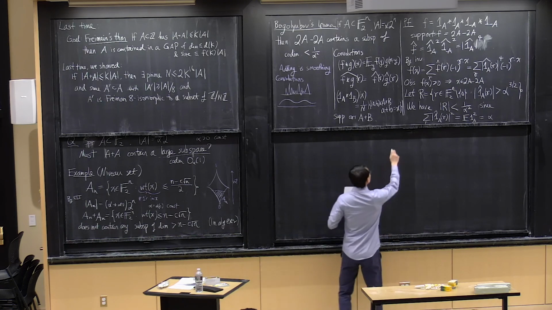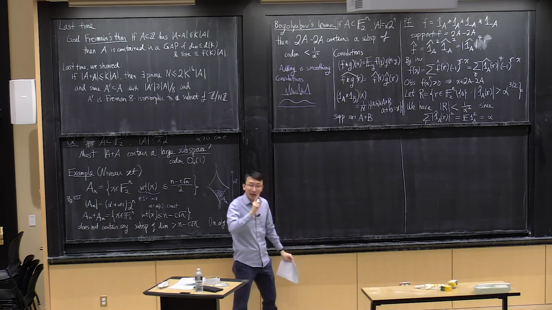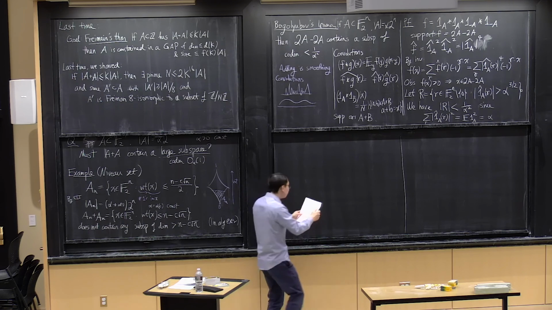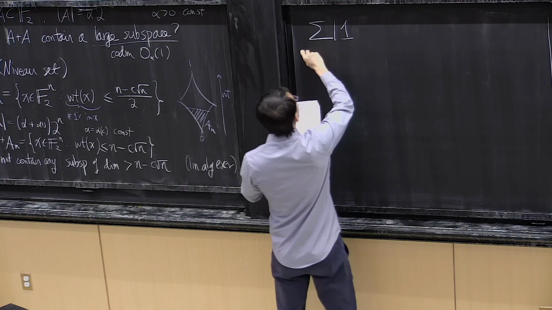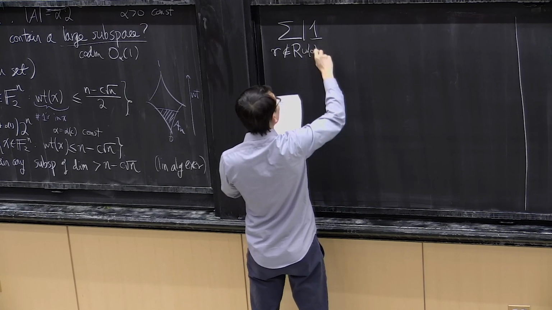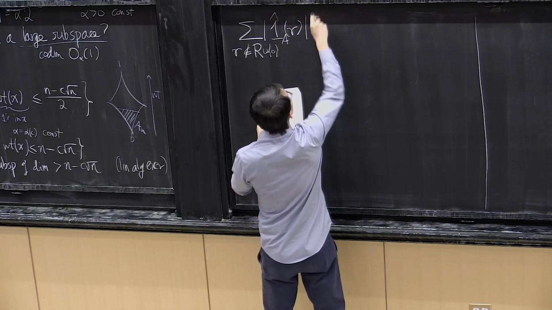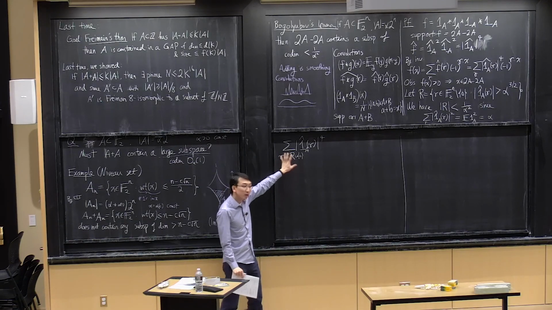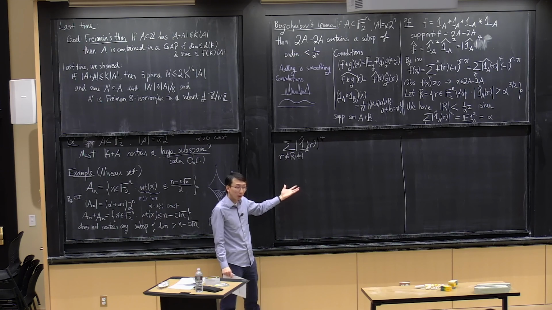Now, let's look at f of x. We want to find out when we can control f of x to make sure it is positive. For the values of little r not in big R or 0, we would like to upper bound this quantity to show that this is a small term. Again, this is a computation that we've seen several times earlier in this course.